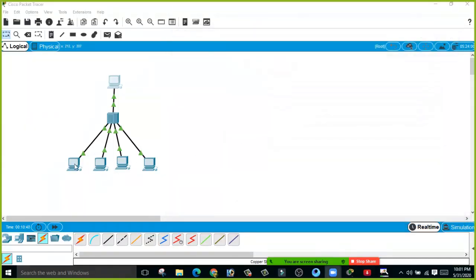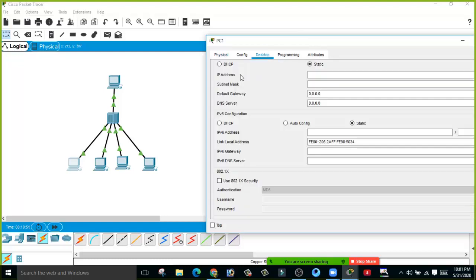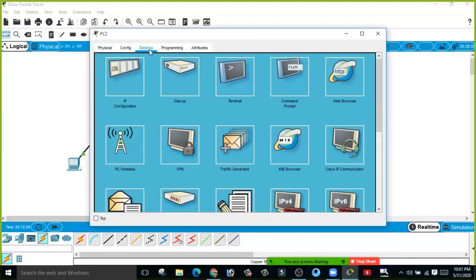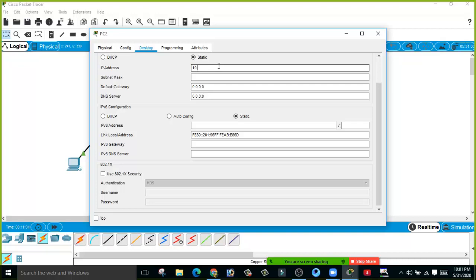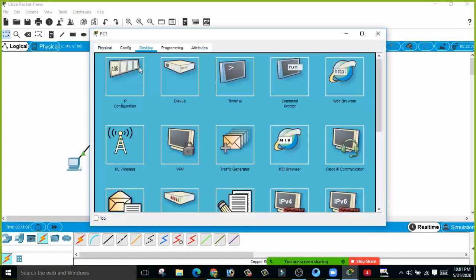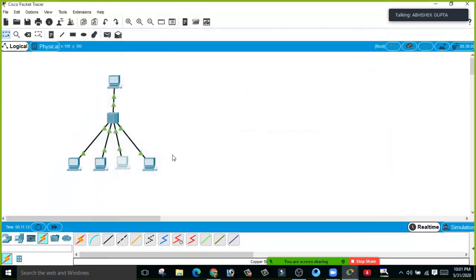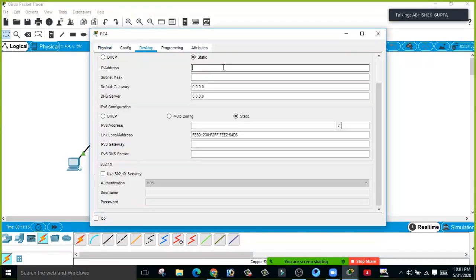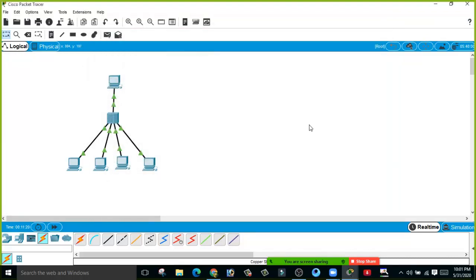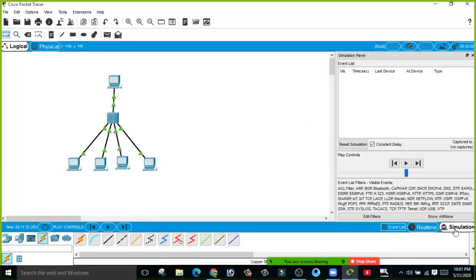Same like this, let's enter the IP address in all of these devices. 10.0.0.2, desktop IP configuration, 10.0.0.3, 10.0.0.4, and let's add here 10.0.0.5. Done.